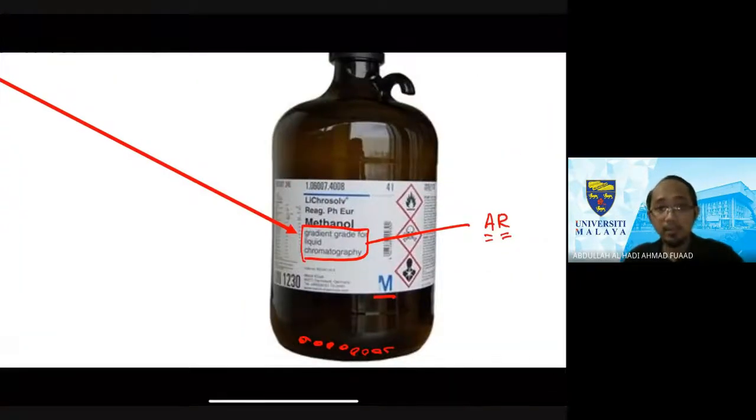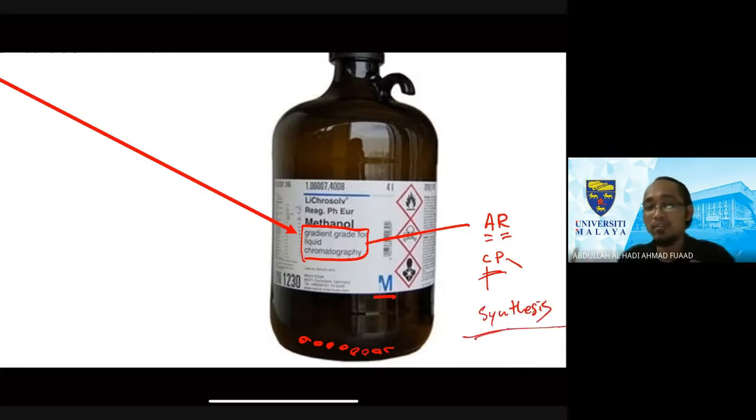Okay, go back. Okay, so sometimes you might have the same solvent, but the solvent is CP. That's another acronym. That one means chemically pure. A chemically pure solvent is normally catered for synthesis, and it's not preferred for analytical. There's not much difference if you read the pamphlet about all the reagents, they are not much different, but